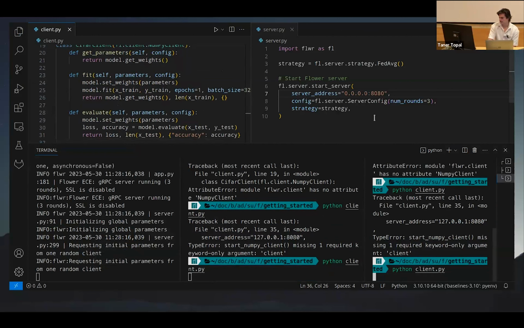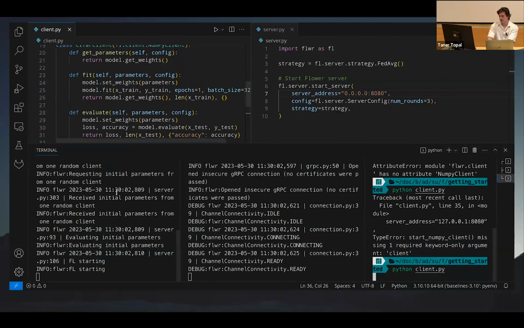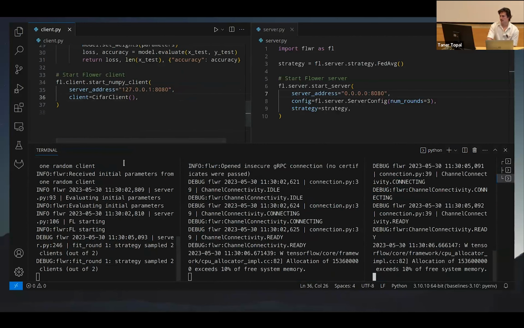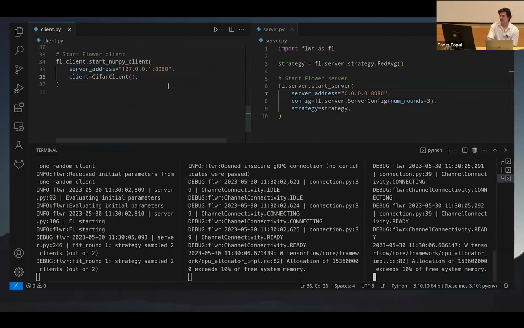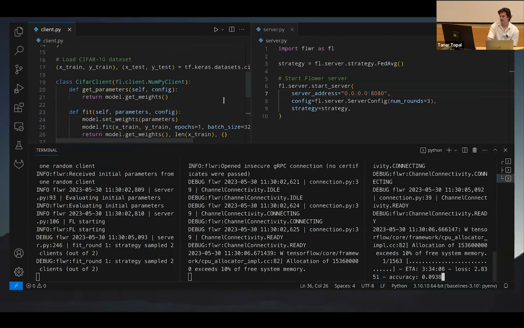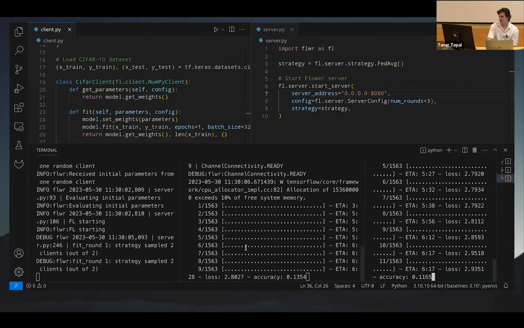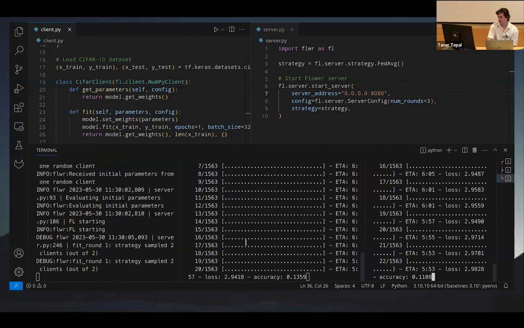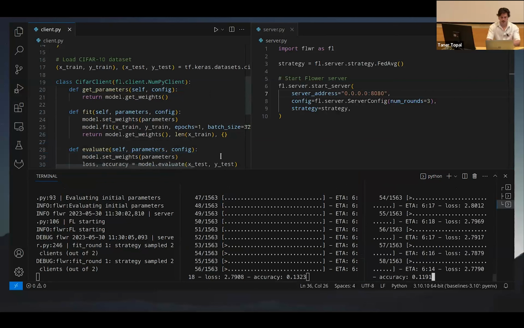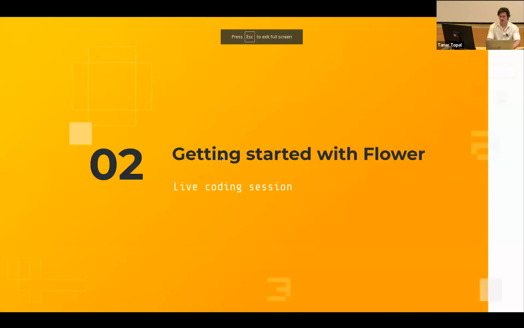And now we should see, so now the server detected the clients, it sampled the results, and it's just going to start training. I'm not sure, because this is going to take quite a bit of time. So I can maybe let this run. And in the meantime, I'll just go back to,